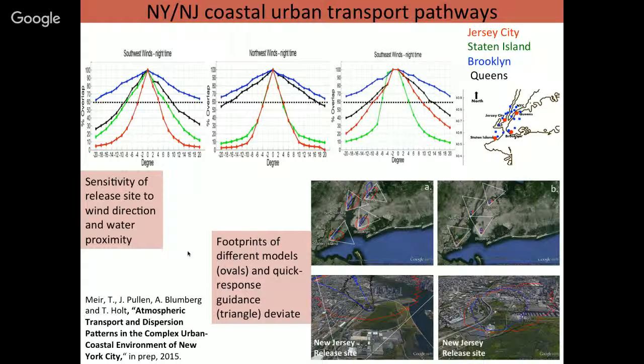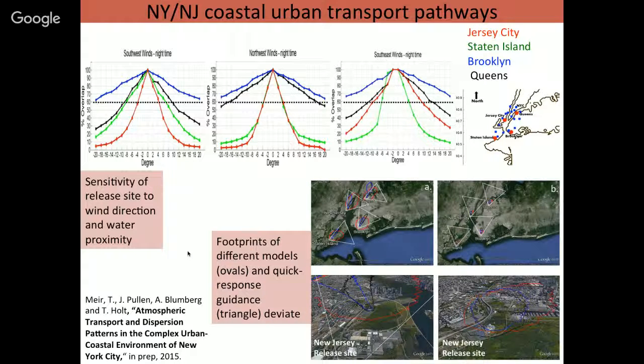So if you take a wind coming from the west, you deflect it 2 degrees this way, 2 degrees this way, you compute plumes based on that wind direction. How much do the resultant plumes overlap with each other? And then you add another 2 degrees, another 2 degrees, and you go through the windrows in that way. So when the degree of overlap drops off significantly, that means there's strong variation in sensitivity to the wind direction